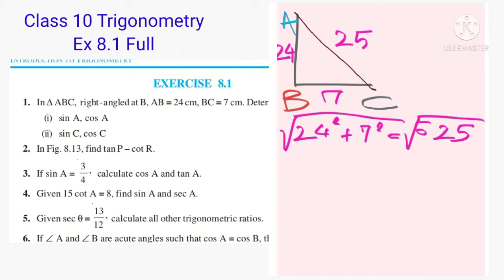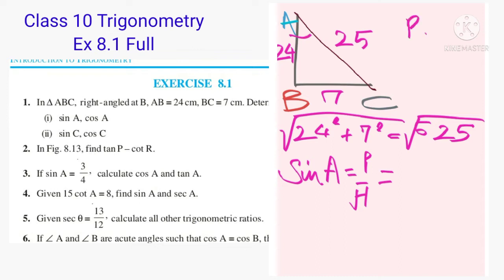Now I don't think you should have any problem in this. We need to find out sin A and cos A. So let us write down the value of sin A. We know the formula for sin A. It is "some people have", so P by H. If you are not aware of the poem, please go to the basic video of trigonometry where I have explained 3 methods to remember the formula.